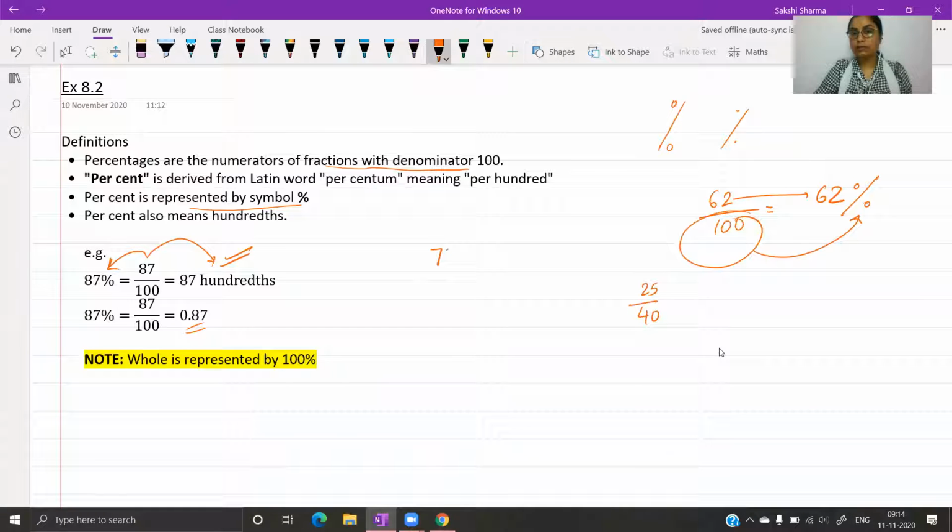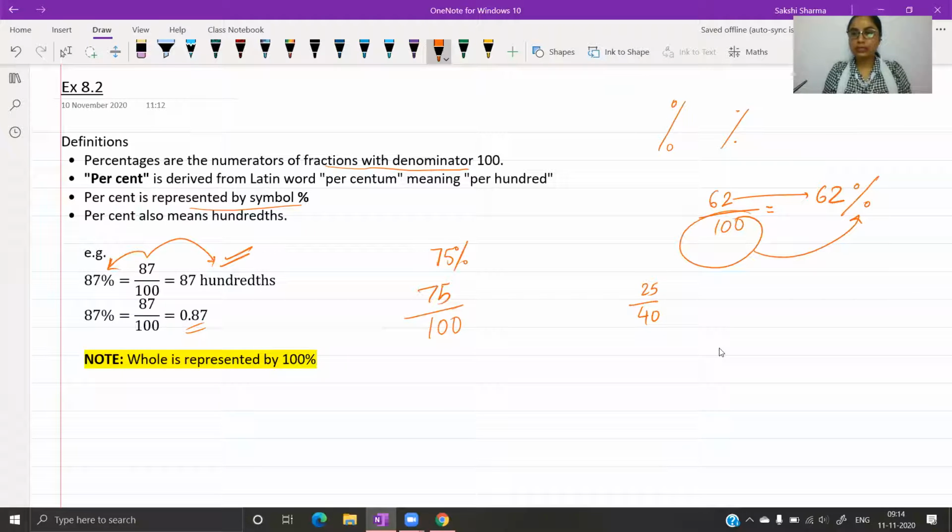So if you have, say, 75%, it will be 75. If you remove the percentage sign, we can write it over 100. And if you remove this over 100, you can write percentage. So 100 is this, but either it exists in the form of this percentage sign, or it exists like this in the denominator. Anyone with questions here?